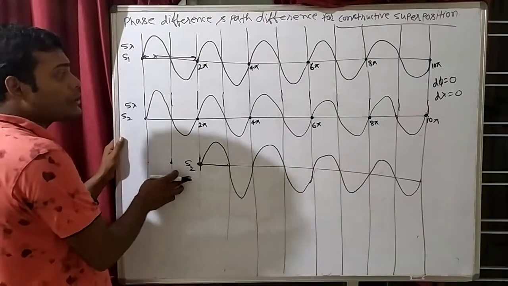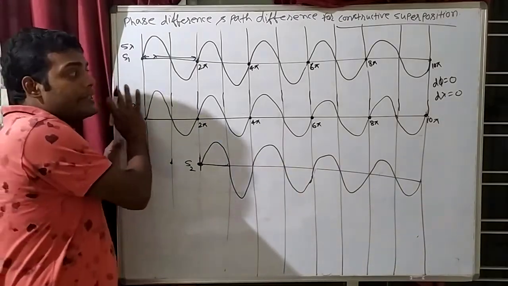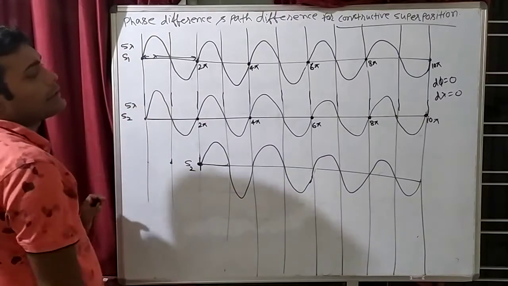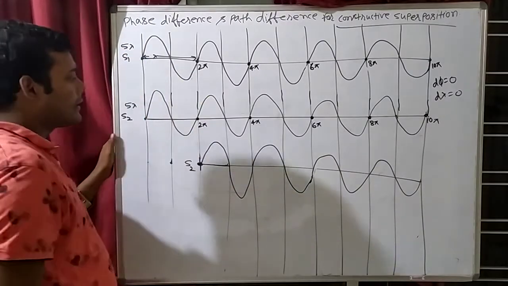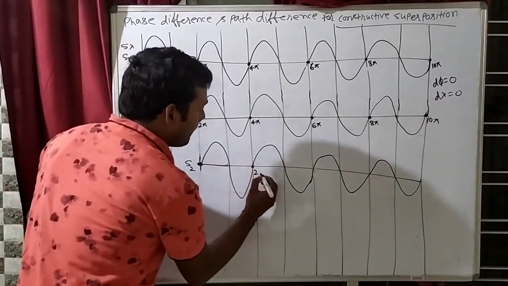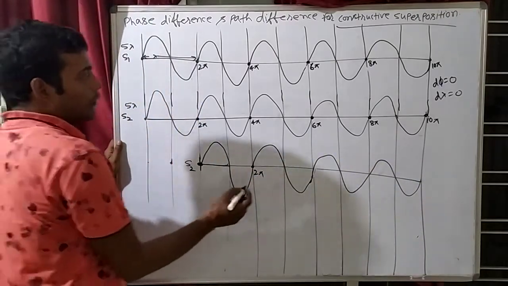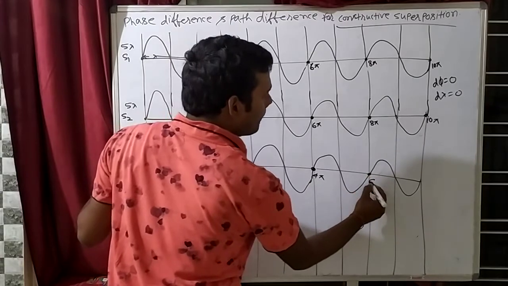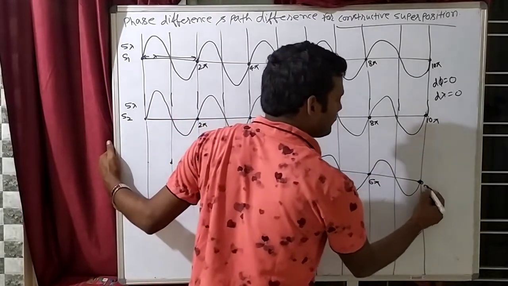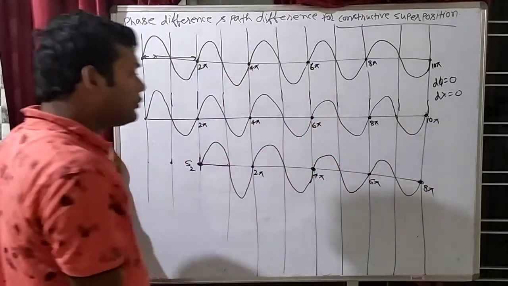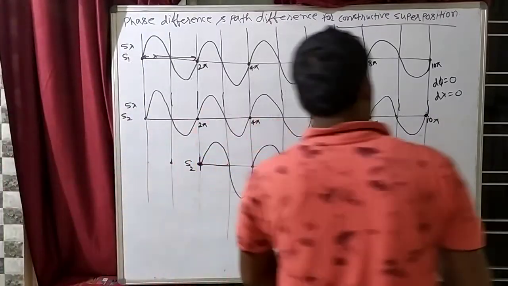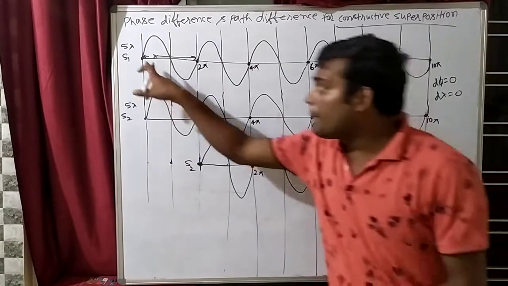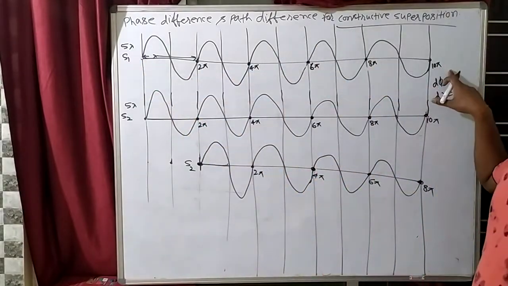Again, now our S2 is this. Now this is not S2. Now forget about this. Now you have to superimpose this and this. As if 2 pi, 4 pi, 6 pi, 8 pi. So this is 8 pi. This is S2, no? S2 phase is how much? 8 pi. And what is the phase of S1? First source phase is 10 pi.